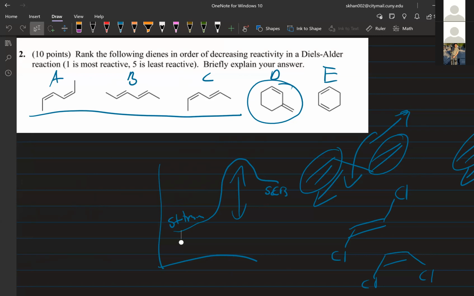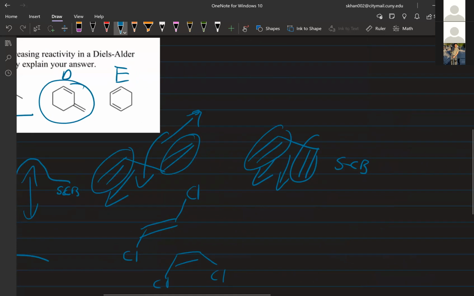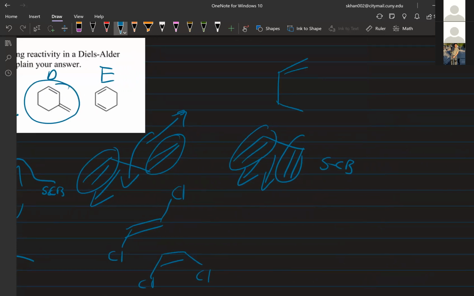and it differs based off the type of dienes you have, right? So there's another one here that we could also label right off the bat, between A, B, C, and E. E. Why? It's locked, cis. Exactly, locked. So in this case, we don't even have to put in any energy. So whenever you have cyclic dienes that are S-cis, like cyclopentadiene, so this is cyclohexadiene,